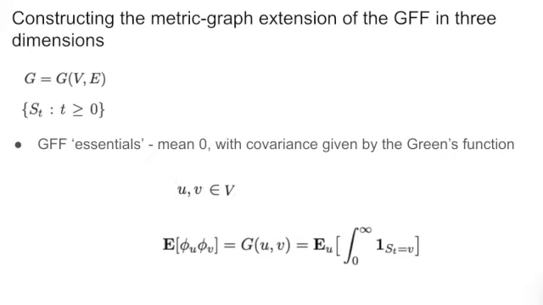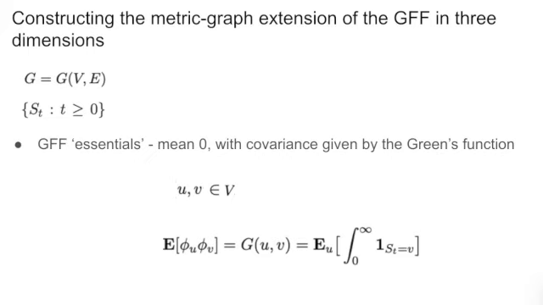And the GFF essentials that we need to begin defining the metric graph GFF from the regular GFF is that we have to keep in mind that the regular GFF is given by a mathematical object which has mean 0 and covariance given by the Green's function. So what this means is that if we fix any two vertices u and v belonging to the set V of our underlying graph G, the covariance function, which is given by the expectation of phi u phi v, where phi u and phi v denote the Gaussian free field corresponding to the vertices u and v that we choose from our vertex set,